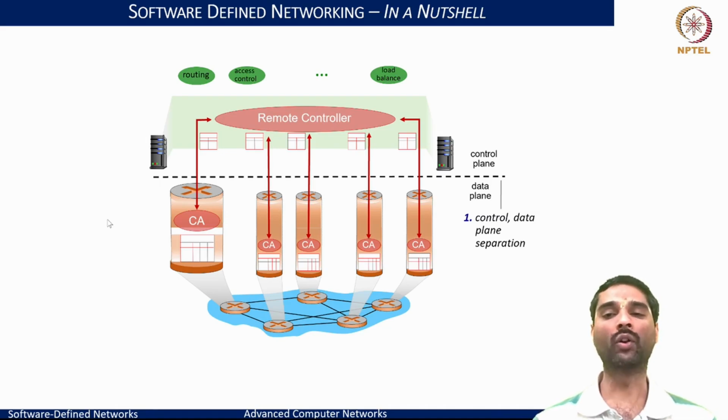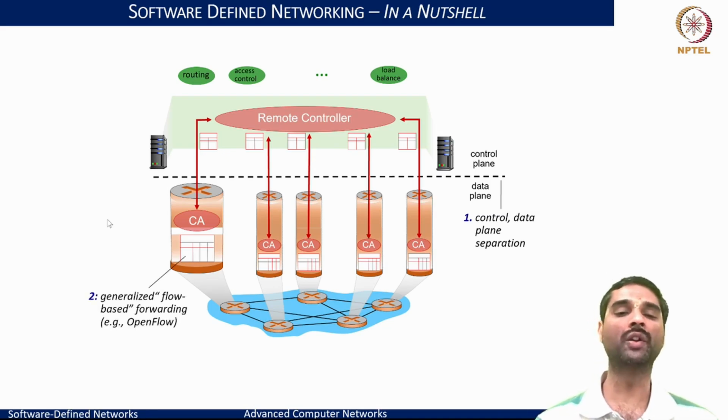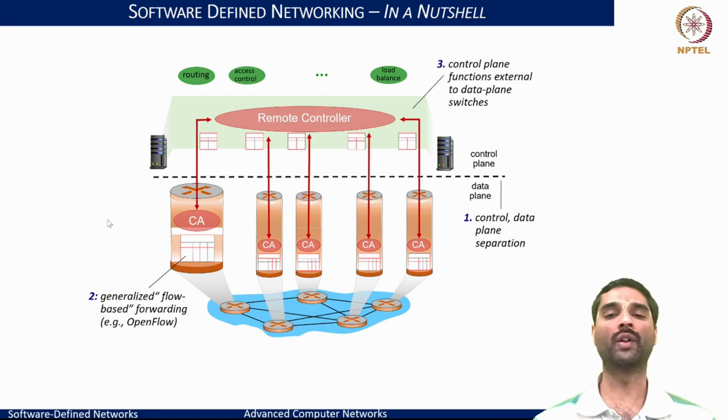And what this also allows is a means to have a unified interface to configure each of these networking elements. And this is achieved through the generalized flow-based forwarding. That's, for example, the OpenFlow API, which would allow us to set the match action tables into each of these routers. And from the remote controller point of view, having externalized the control plane, all the control plane